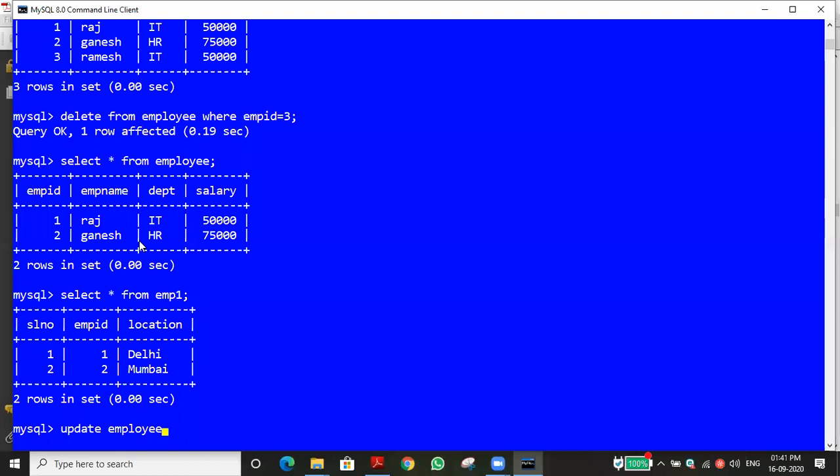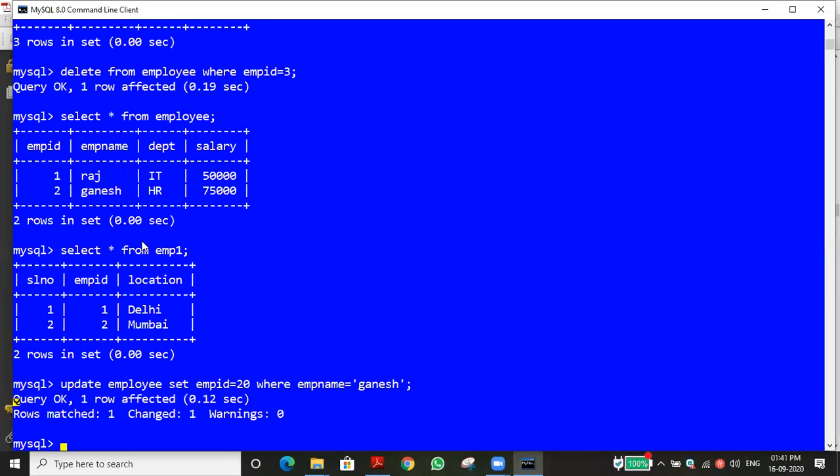Update table set emp id equal to 20 instead of 2 where emp name equal to Ganesh. Let me enter that.